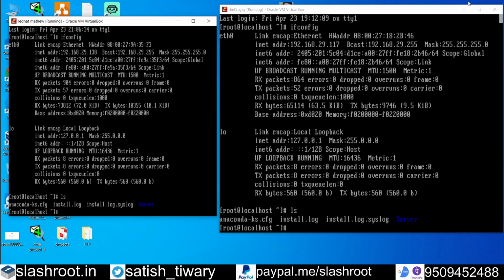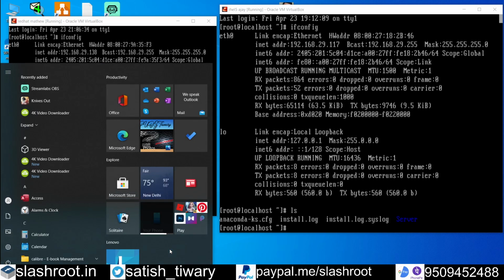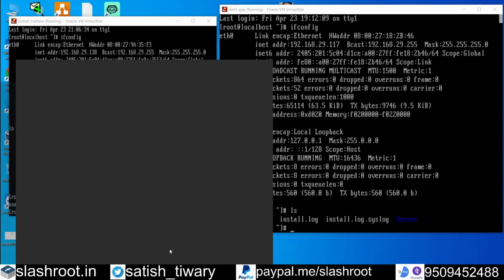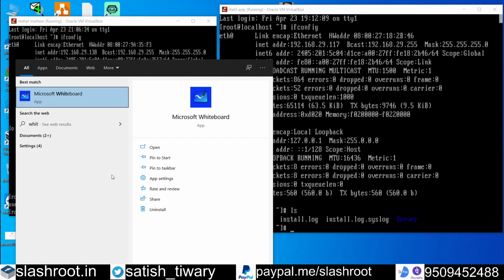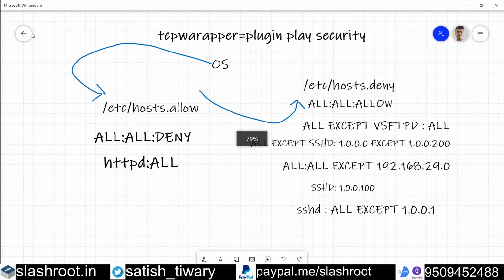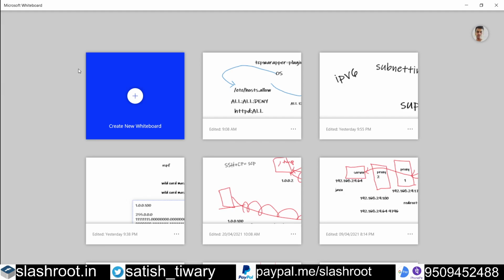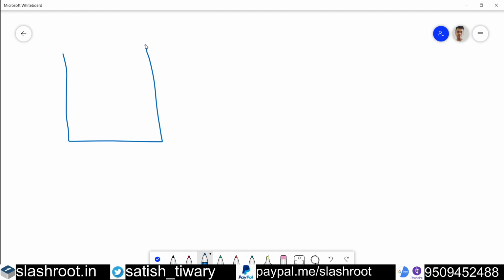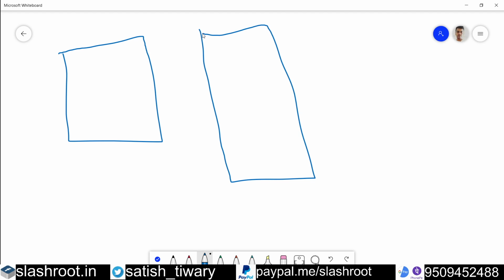So let's move to the theory part first. The scenario will be something like this. There will be two computers, okay? So this will be the main server, this will be the proxy server, and this will be the client.